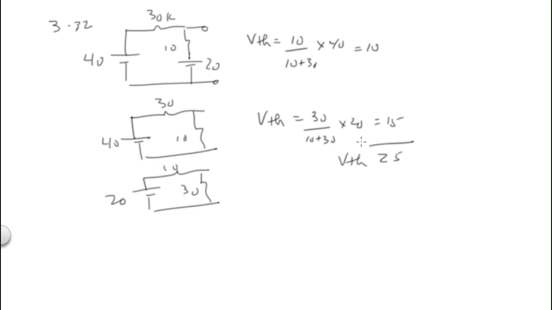Okay. What is R Thevenin? Well, it's 10 in parallel with 30, or 7.5. Okay. So I can redraw this. It is 25 and 7.5K. I'm just going to sneak down and I'm going to solve